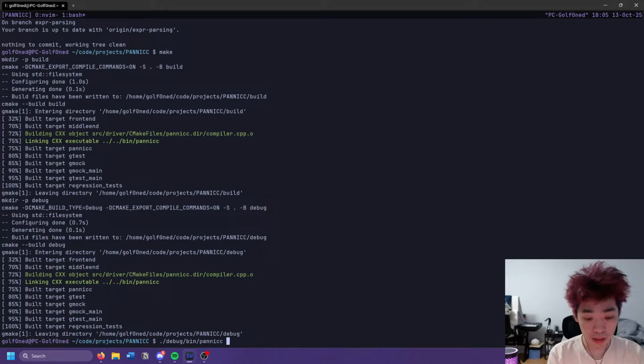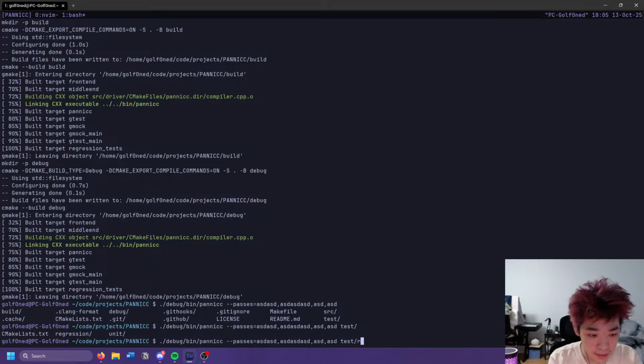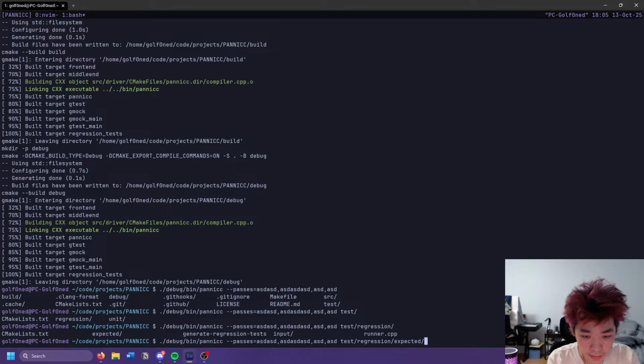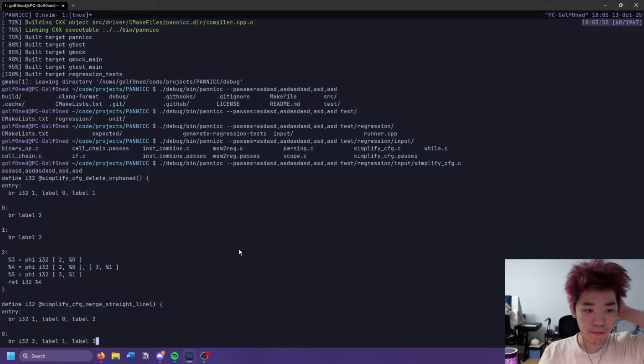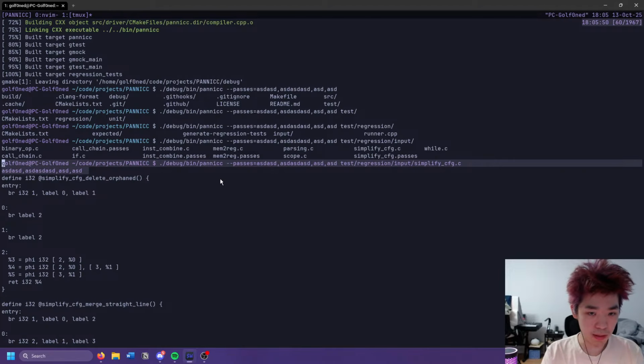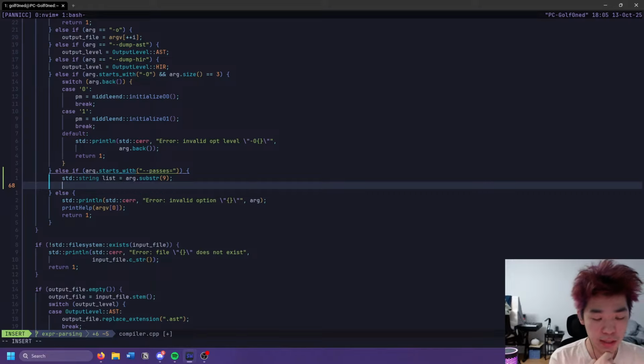Debug bin panic passes equals. We can just do that for now. Let's give it test regression or input. This is an example. If we scroll up, okay, so it does print the thing properly, which is perfect. Okay, so now we can